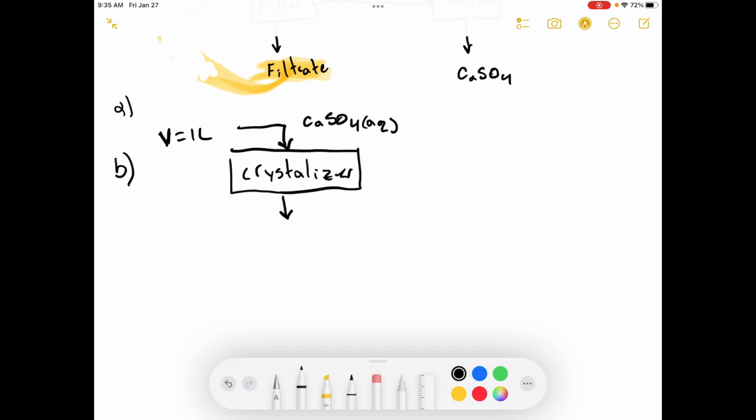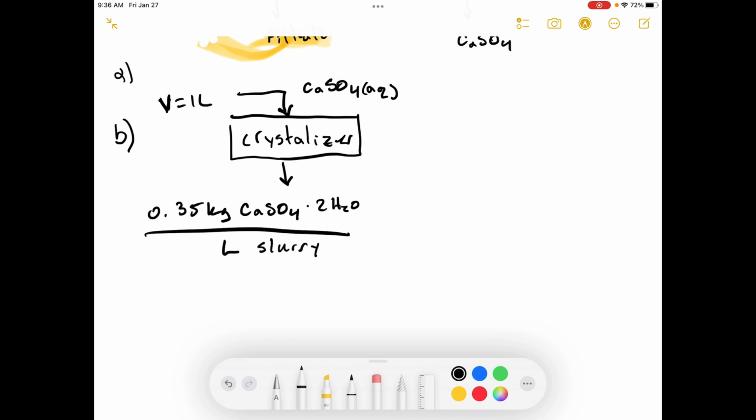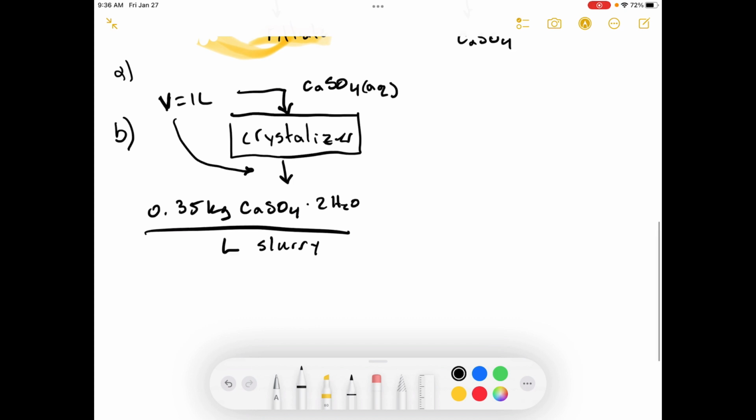Okay, and then what comes out, what information did they give us? They told us, so they said solids content of slurry leaving crystallizer. So they said we have 0.35 kilograms of gypsum per liter of slurry. Okay, so if we have a liter coming out of the crystallizer,